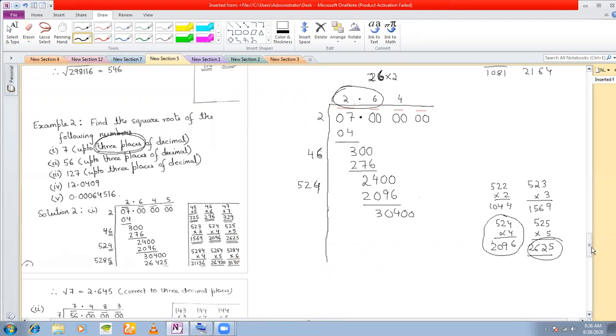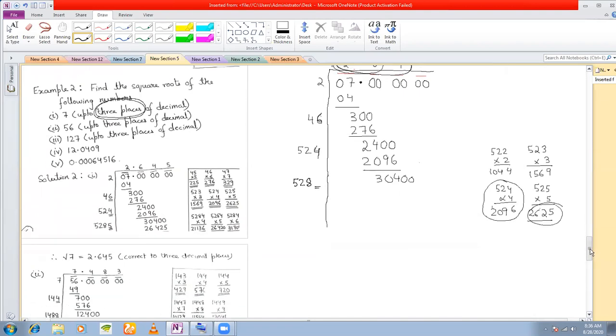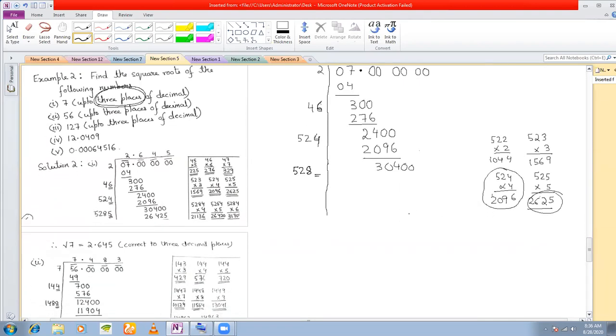Once you bring down the third pair, again the same you will have to do. Now we have got what number here? We've got 264 here, ignoring the decimal point. So double of 264 is 528. Okay. Now again we want to place a digit here. Let's try again. 5281 into 1 is 5281, which is way less than 30,400. So that's okay.